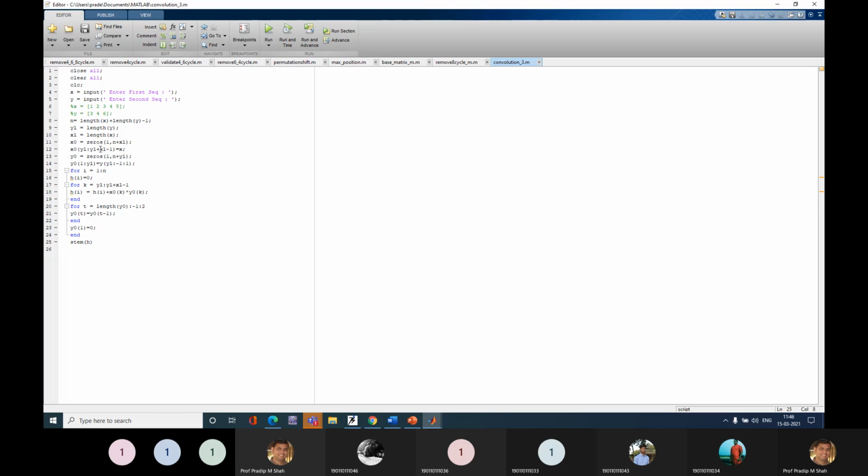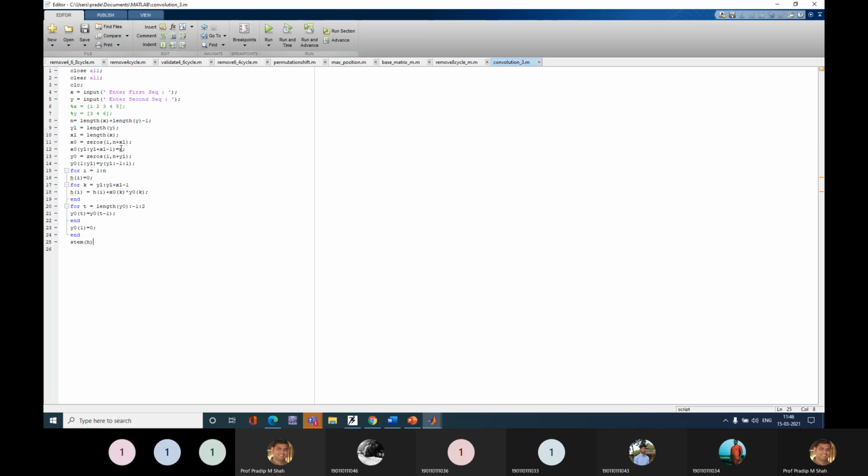So this will be understood. This will start from the length of y1 and end at n. Total length x1 plus y1 minus 1. And that position is filled with the value of x. Suppose right now you take that x is 1, 2, 3, 4, 5. So I'll fill them. Okay. So I'll just take one sequence, my input sequence x.